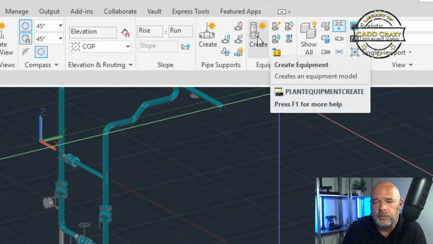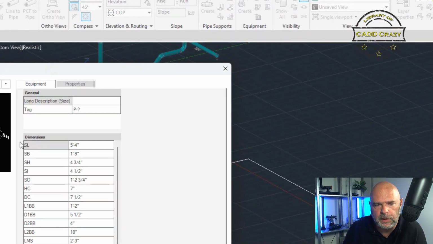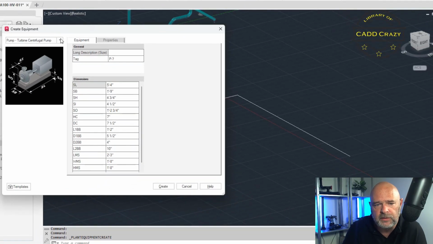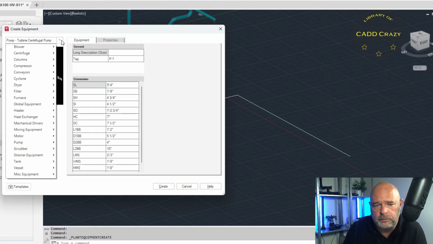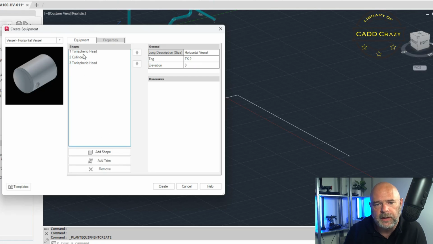So what we're going to focus on is the create. So we're going to create a model. Okay. And in this case, we're going to do a horizontal vessel. They give you some templates from out of the box in Plant 3D. And so if you come down here and let's say we got our vessel and we're going to do horizontal. Okay. And it builds one from the template